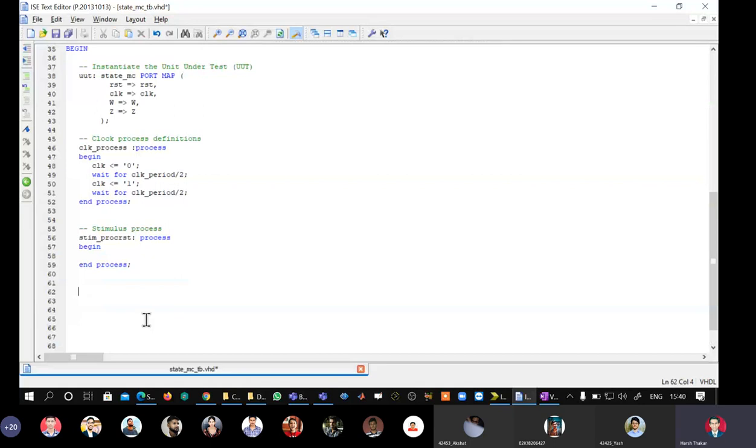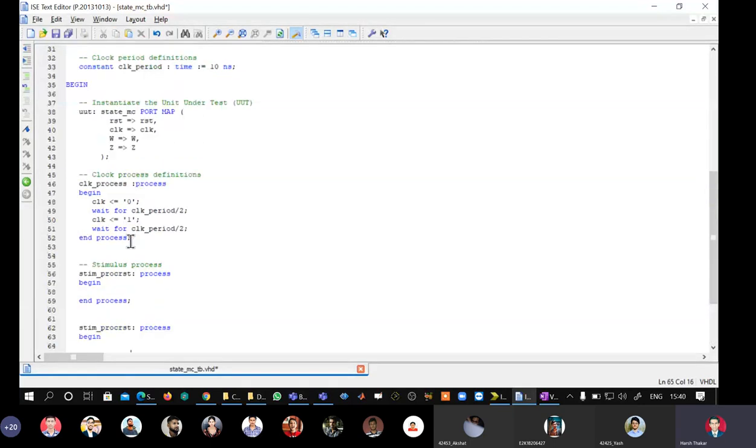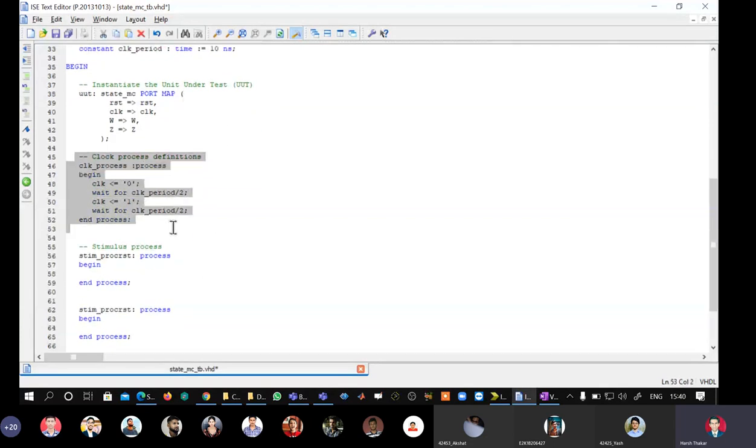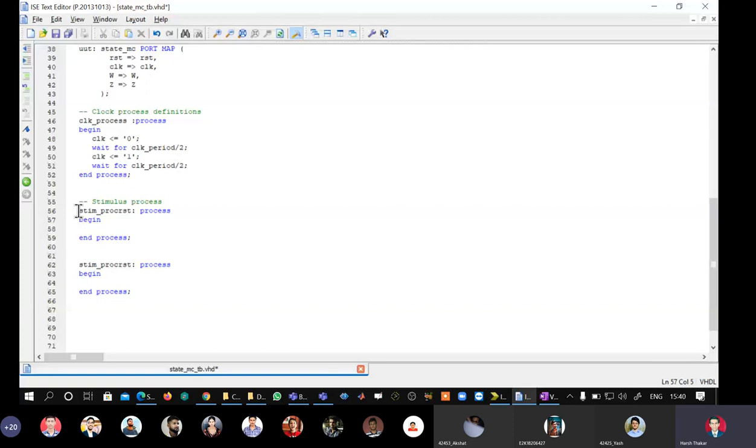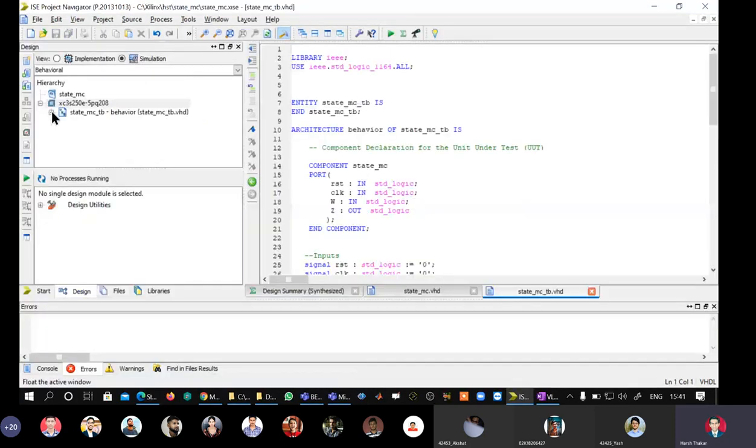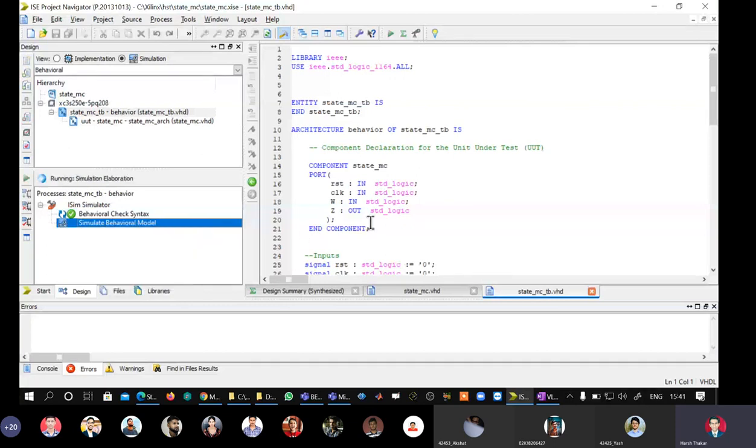In a test bench model, you should have one process for each input. So the three inputs are RST, clock, and input W. This is the process for clock. This RST process you are going to write, and you can also write one more process called W. In this way you can dock it, expand this, select the test bench model, go to the process window, do a check syntax, and simulate. Now you are not going to get any behavior because I have not defined the timing specifications of the reset signal and input W, but we will surely get some waveforms.